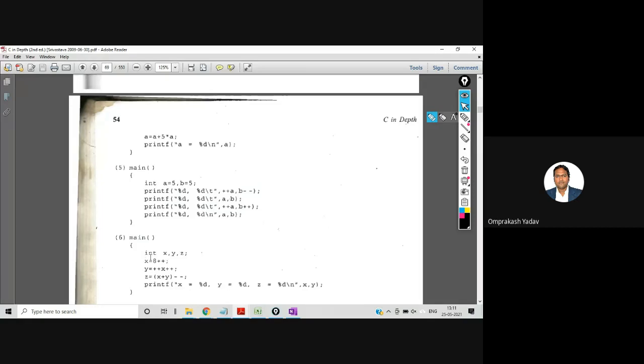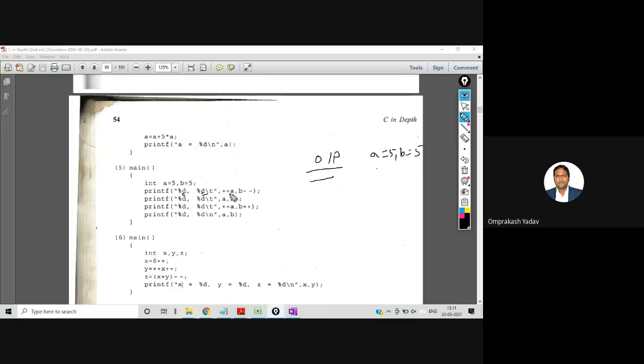So you all can try the next one, that is this one. You need to tell what is the output of this program. For this problem, A is equal to 5 and B is equal to 5 in the first line. Then the first printf says %d comma %d. That means this is a placeholder for the first number, and this is a placeholder for the second number. And the kind of number to be printed is a decimal, that is an integer.